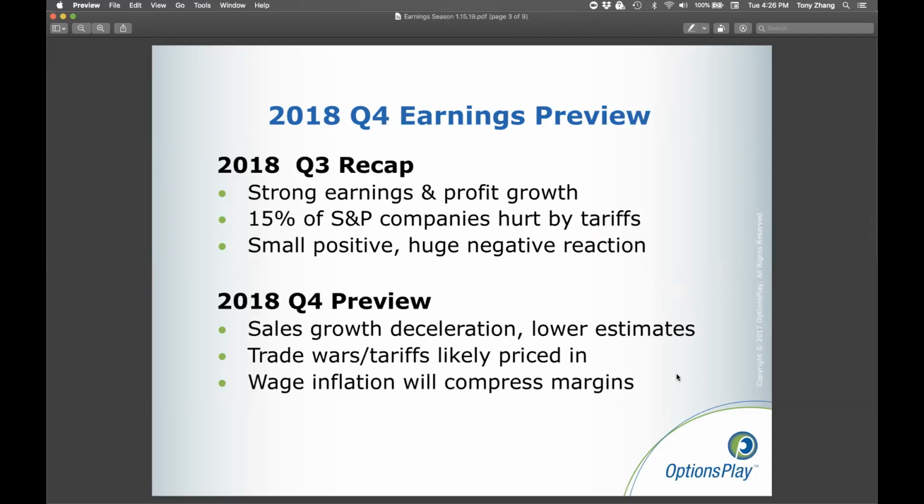The trade wars and tariffs are certainly a drag. However, things like FX rates and lower margins due to wage inflation are all starting to slow down sales growth. One of the prime examples, for those of you that follow the markets, is Apple stock. Apple has been very vocal that the slowdown in China is really affecting their growth. They're seeing that iPhone sales have not stayed on par with their expectations, and they've lowered their estimates. That's the key theme going into Q4 earnings: companies are lowering their estimates.